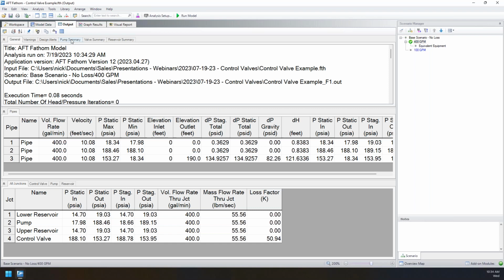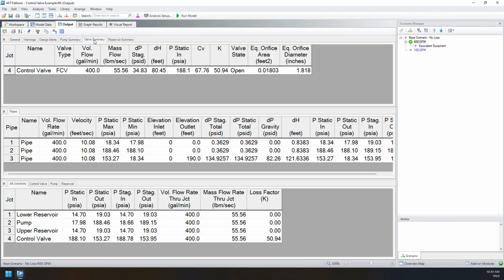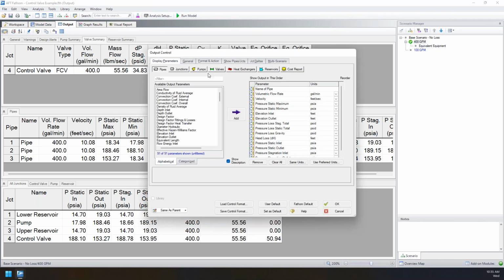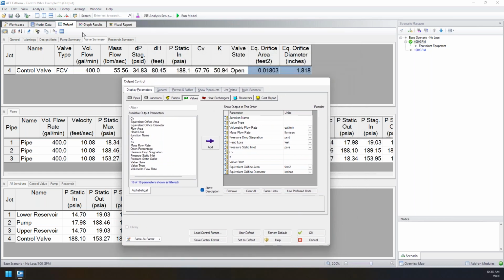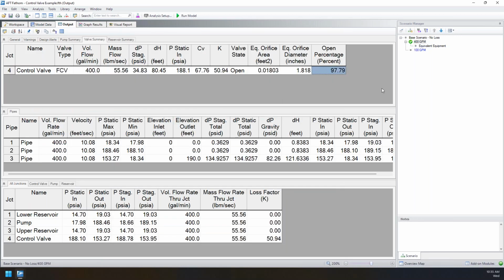So if we go to our output, and again, our valve summary, here we see it's still reporting the same results. We're still getting the same CV. We're still getting the same equivalent orifice areas, but now we want to show what's our open percentage on our valve. And again, we do that from output control, the valves button, because we're changing the valve summary. And here we want to add open percentage to this list of parameters. So if we click OK,